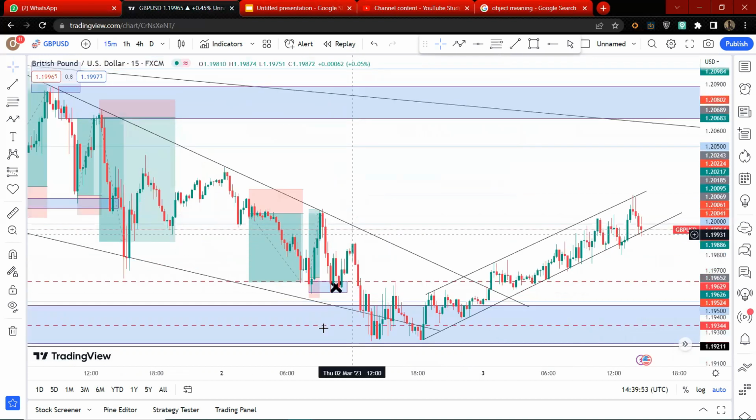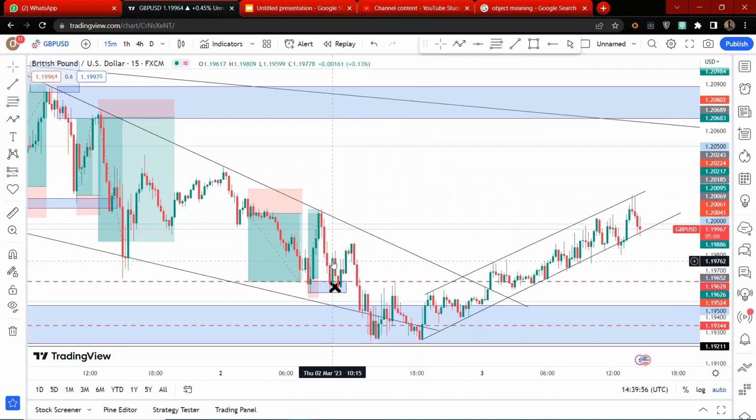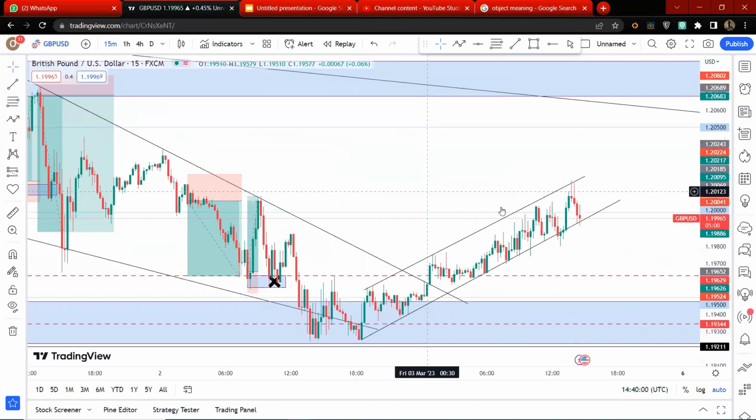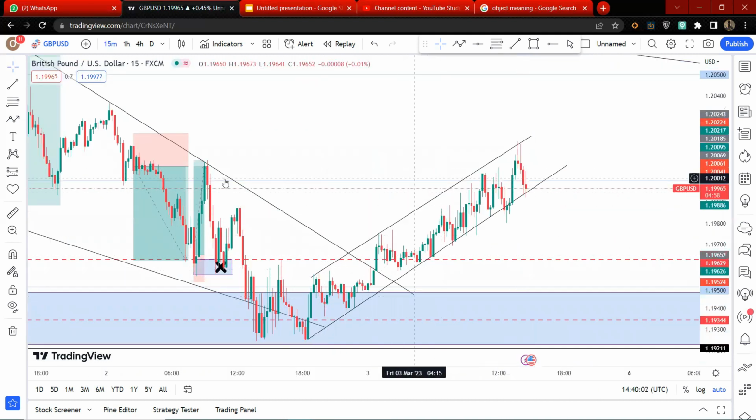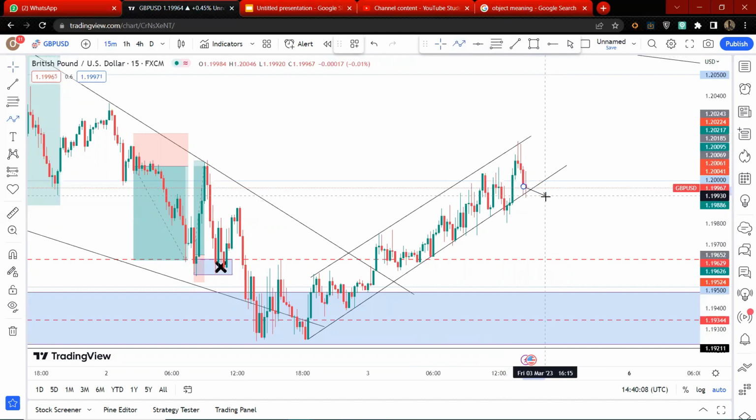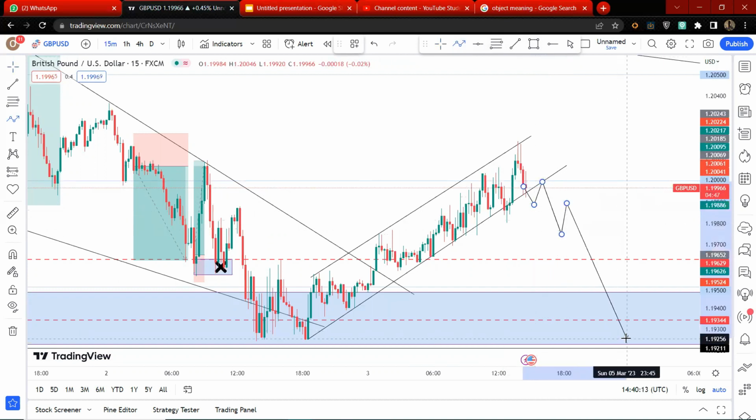When the market kept dropping, it formed a W pattern, which we missed because it was in the Asian range. It has been climbing up since then. So this is another chart pattern we are looking for: break out from this zone, retest at this psychological level, something like this. Break structure, retest, and shoot for the downside. So we're still in a downtrend on GBPUSD.